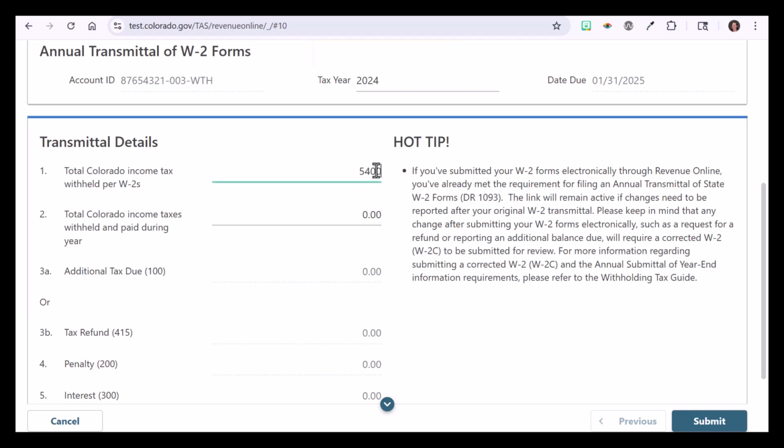Line 2 is the total amount of withholding return payments that were submitted to the Colorado Department of Revenue throughout the calendar year. Any payments made towards penalty and interest should not be included on this line item. Ideally, the total withholding liability return payments entered on line 2 would equal the total of all W-2s on line